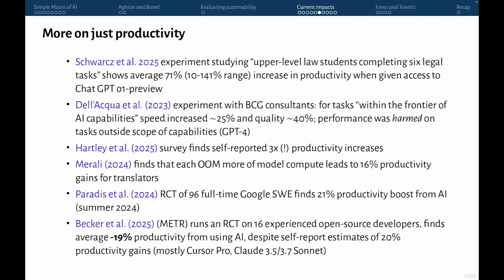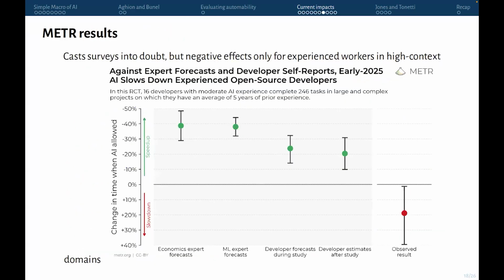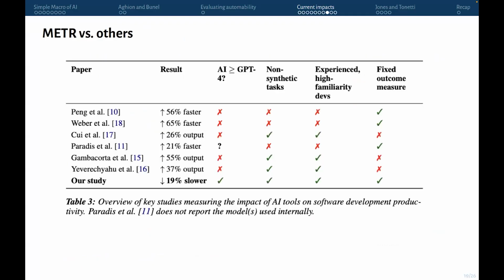But I think maybe the bigger important takeaway is that when we're looking at something like the Hartley self-report, we should really discount that, because there's clearly a gap between people's perceptions of the productivity increases and how much productivity increase is actually occurring. This is the figure from the METR study with the same point. This is the METR study compared to other studies. You know, they want to say, look, we hit all these check boxes, so therefore you should take us more seriously, maybe. But another way of looking at it is, well, they're the outlier here, so maybe we should discount accordingly.